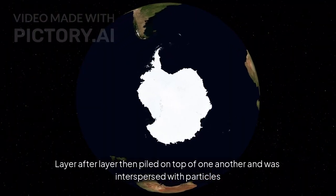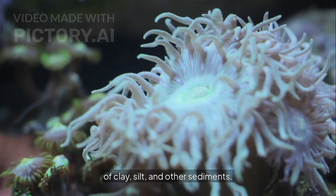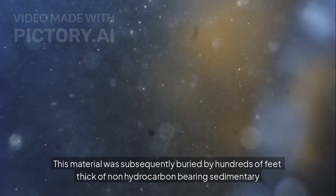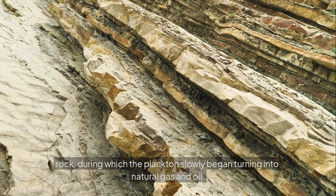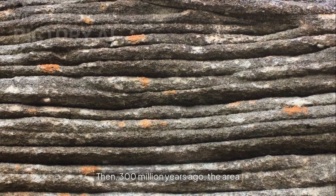Layer after layer then piled on top of one another and was interspersed with particles of clay, silt, and other sediments. This material was subsequently buried by hundreds of feet thick of non-hydrocarbon-bearing sedimentary rock, during which the plankton slowly began turning into natural gas and oil. Then, 300 million years ago, the area